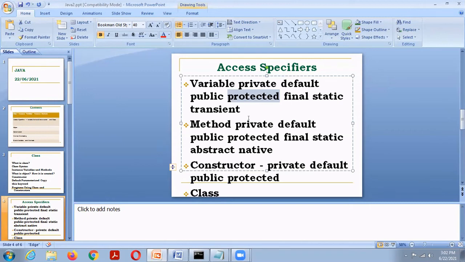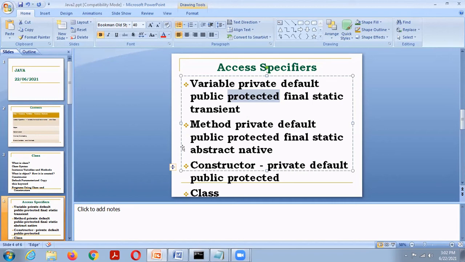In C++, only the derived class and the current class can use the protected member. But in Java, within a package, any non-subclass can also access the protected member. In a different package, only a subclass can access. So these are private, default, public, protected.